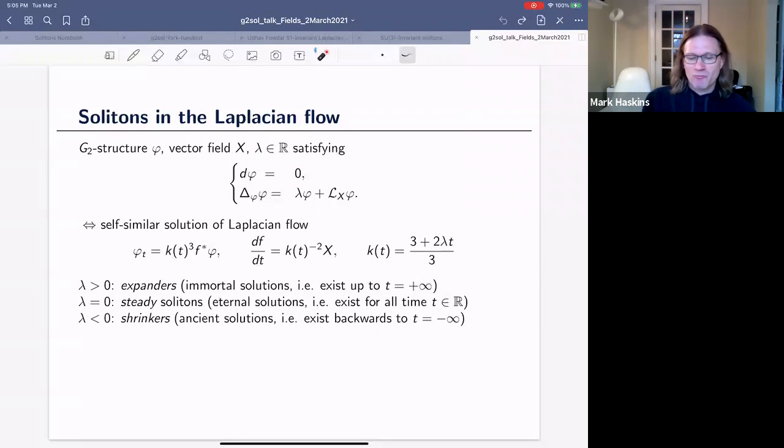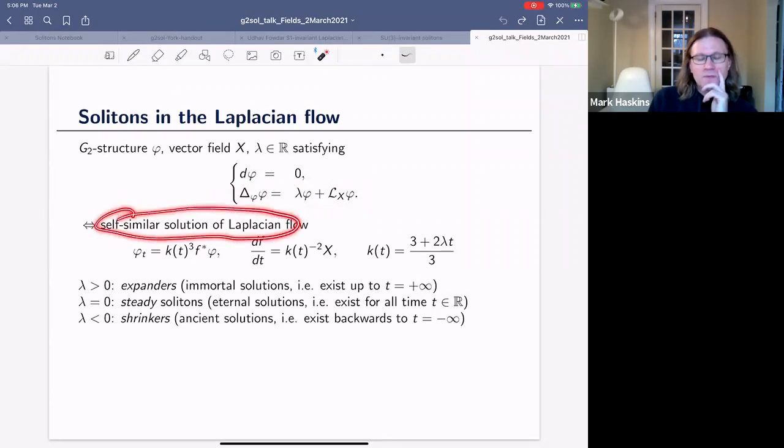Then the equation that we want is that the Hodge Laplacian should be lambda times phi plus the Lie derivative term. And so, as usual, those correspond to self-similar solutions of Laplacian flow,